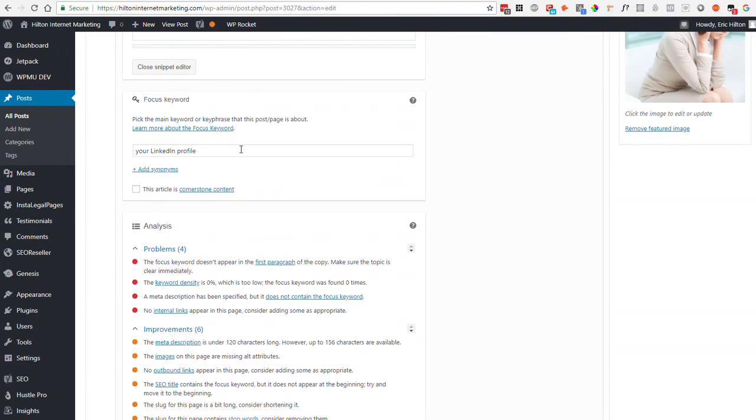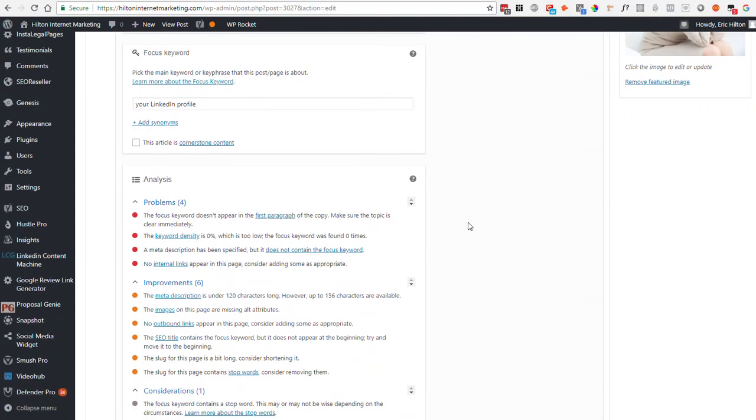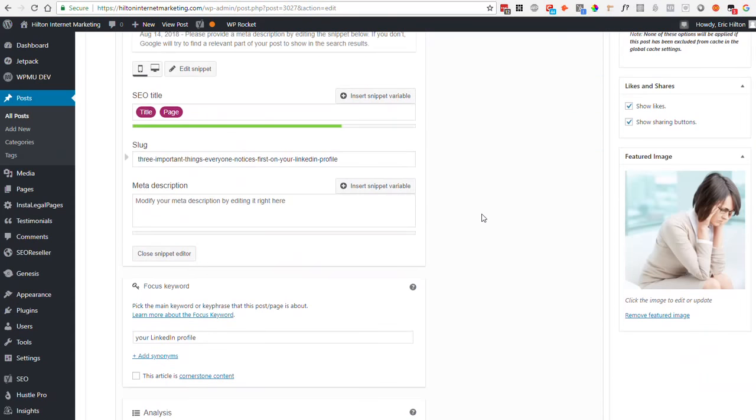So my, your, his, her. Also, the, and, those are stop words. And is a stop word. So it's just kind of words that mostly have a grammatical function rather than carrying any real meaning. Those are called stop words, and then you want to avoid stop words in both the focus keyword and also in